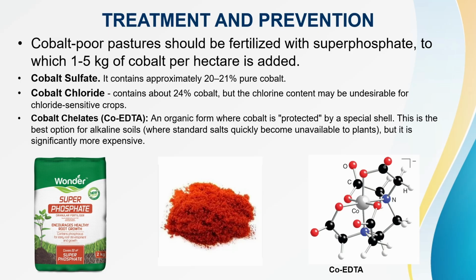Pastures poor in cobalt should be fertilized with superphosphate, to which 1 to 5 kilograms of cobalt per hectare is added in the form of cobalt sulfate. It is approximately 20 to 21% pure cobalt. Cobalt chloride contains about 24% cobalt, but the chlorine content may be undesirable for chloride-sensitive crops. Cobalt chelates, CoEDTA, an organic form where cobalt is protected by a special shell. This is the best option for alkaline soils, where standard salts quickly become unavailable to plants, but it is significantly